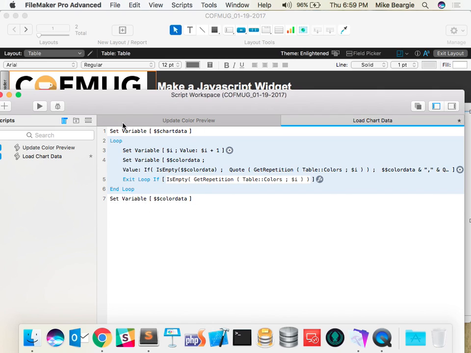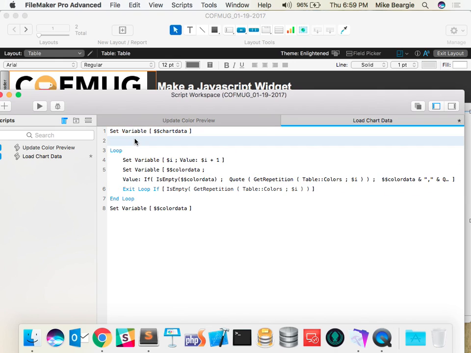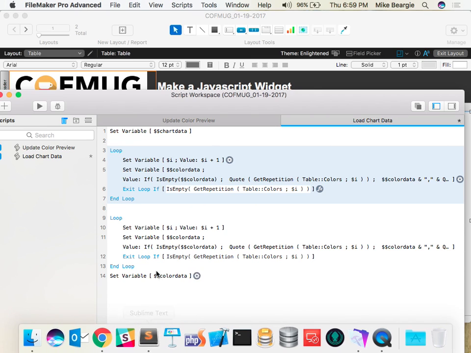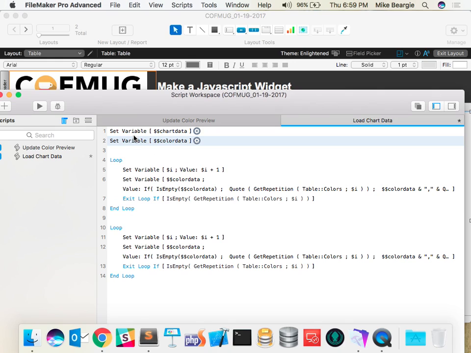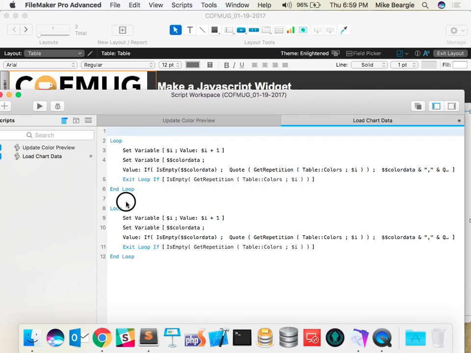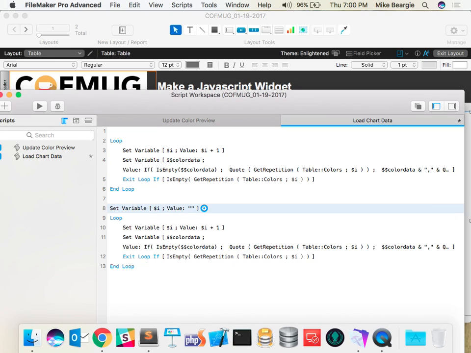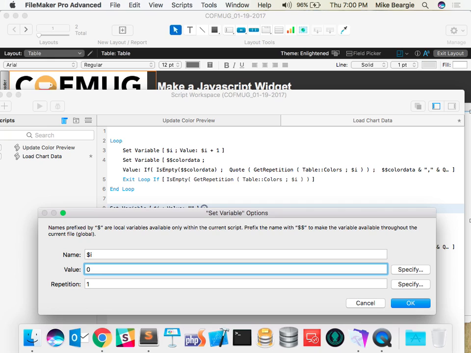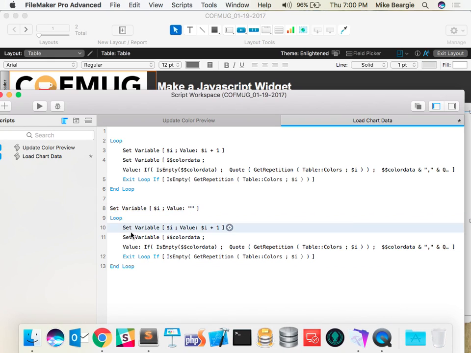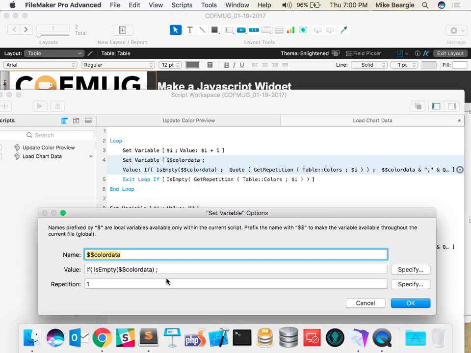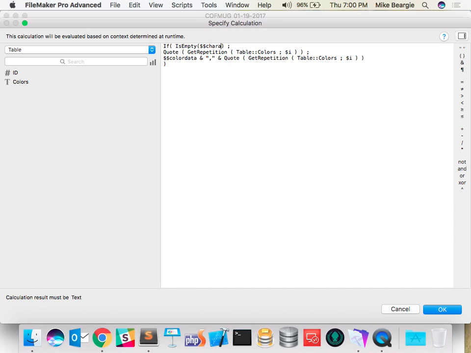So ironically, well, not ironically, I shouldn't say ironically, but we're going to do the same thing for chart data. And make sure that if you're using a loop counter that you unset that, or set it back to 0 if you want to, depending on how you want to do that. That way you don't accidentally start from wherever that one left off. So we got chart data, and we're going to do the exact same thing. If chart data is empty,